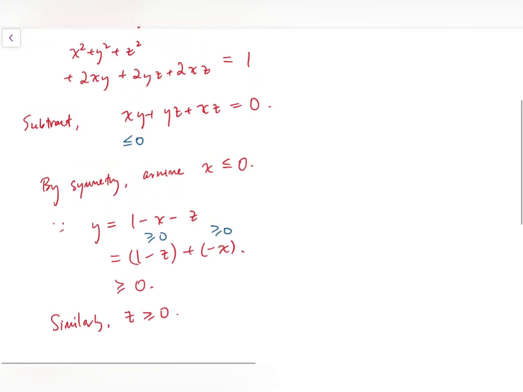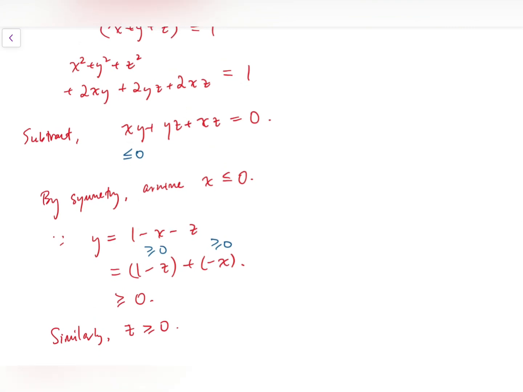Next, I'm going to do some algebra on our required expression, which is the sum of cubes. So x cubed plus y cubed plus z cubed, under our assumption that x is the possibly negative number, I'm going to write things in terms of x. To do this, I'm going to factorize y cubed plus z cubed. So I have y plus z times y squared minus yz plus z squared. Then y plus z becomes 1 minus x,